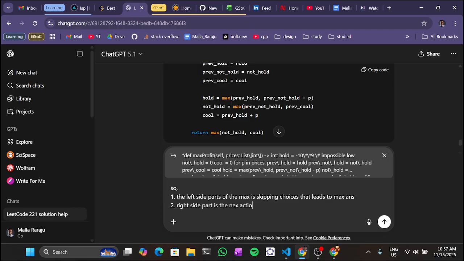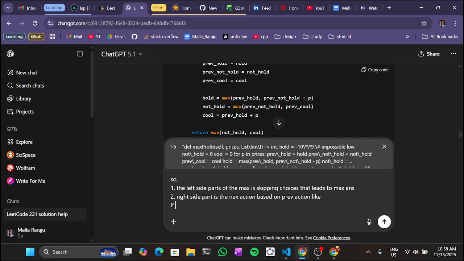Next action based on previous action, like if we previously were not holding, we buy at 10 exponents of